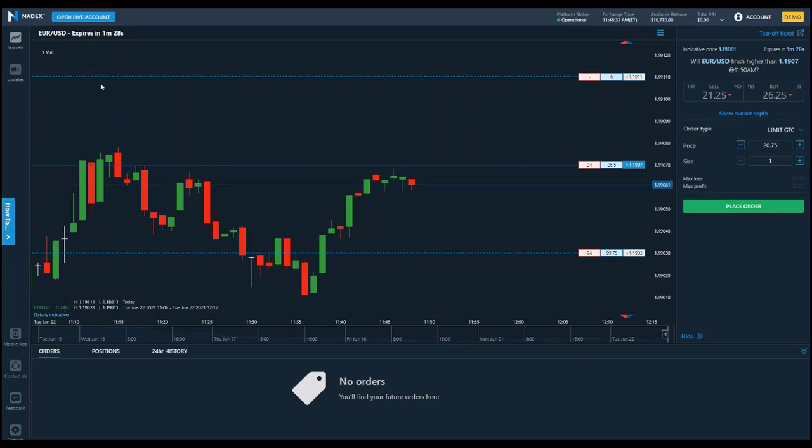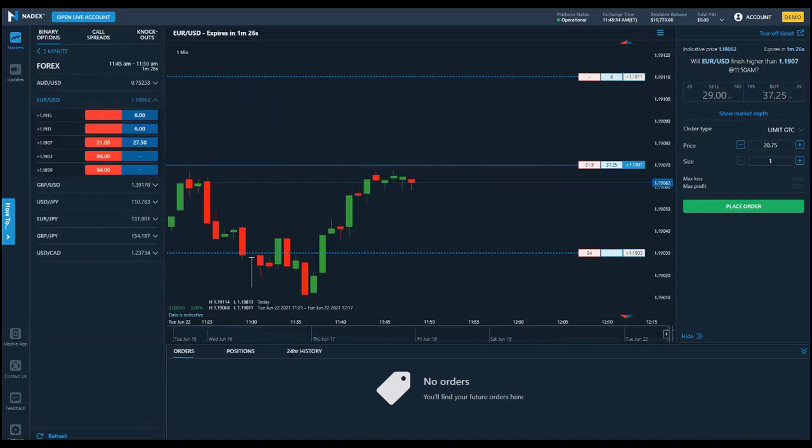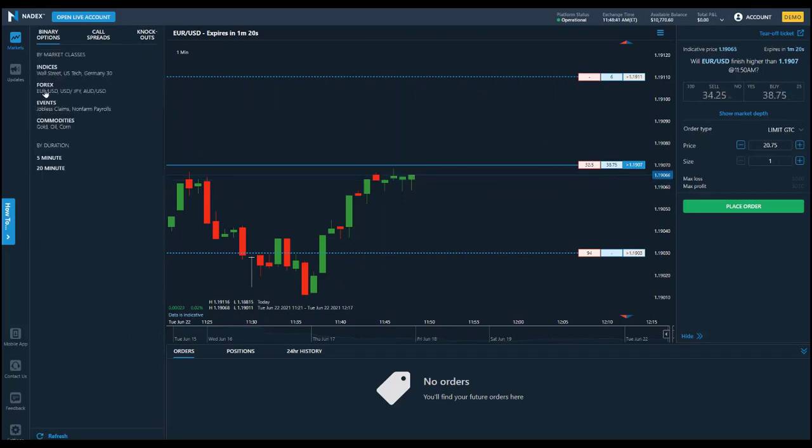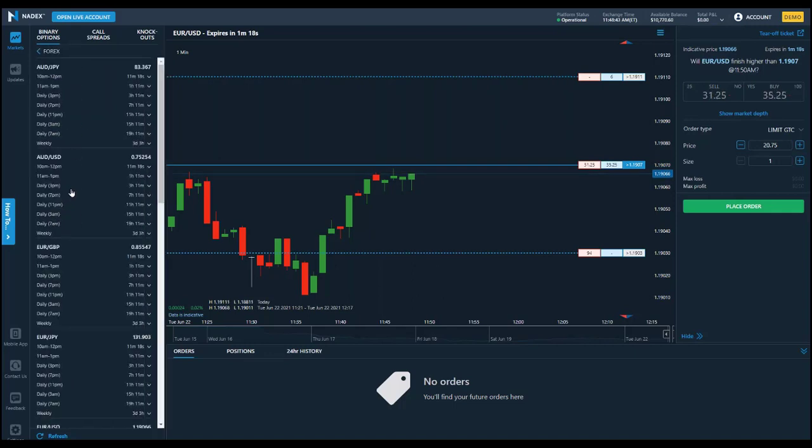I know that was very fast. I know these markets move very quickly. Usually I would do, say, a longer duration binary option in forex, where you can really see how I can change my orders. But I wanted you to see how these probabilities change, how quickly they move as the underlying moves and as you get closer and closer to expiration.